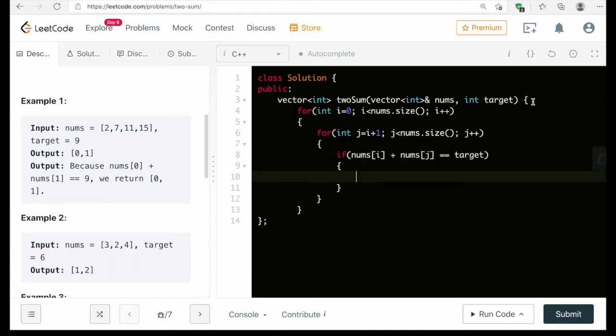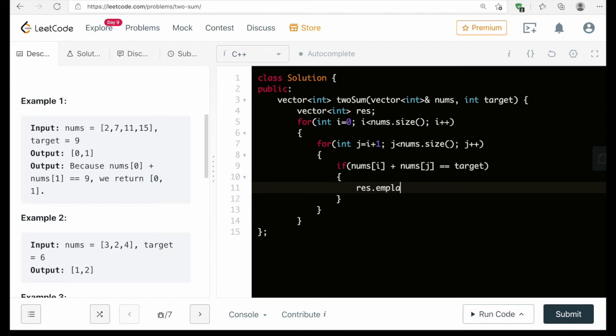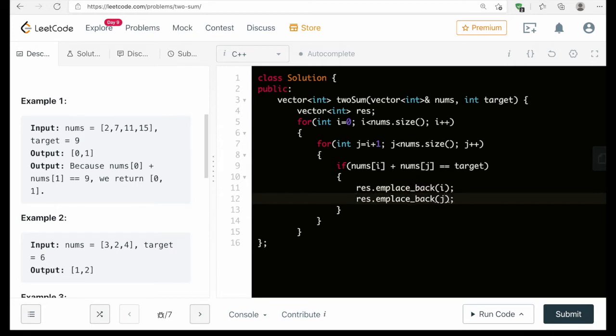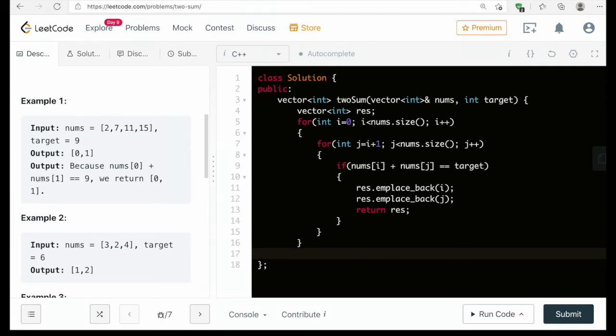So we can take a vector which we'll call result, and if we don't find anything, we just return the empty vector itself.